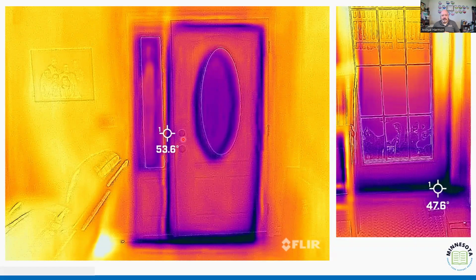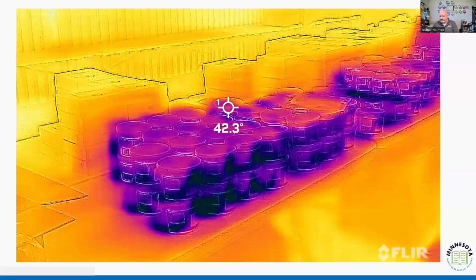We can see that we're losing a significant amount of air that is affecting how that building's mechanical system has to operate. So again, we're not just commissioning and verifying the equipment, we're commissioning and verifying the entire system, including the building thermal envelope, or the building envelope as it was called in 4.2.5.